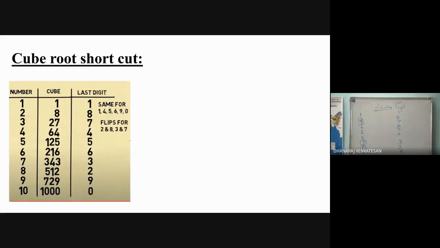This is the shortest way of memorizing this unit digit values. Or else, if you memorize the cube values, you can write these unit values. If you know the cube value for 7 is 343, you can write the value here. Similarly, 27 means this 7 you can write. If you memorize the cube value, you can easily write the unit digit value. This is the way of memorizing this cube table. Okay, I will go with the sum.